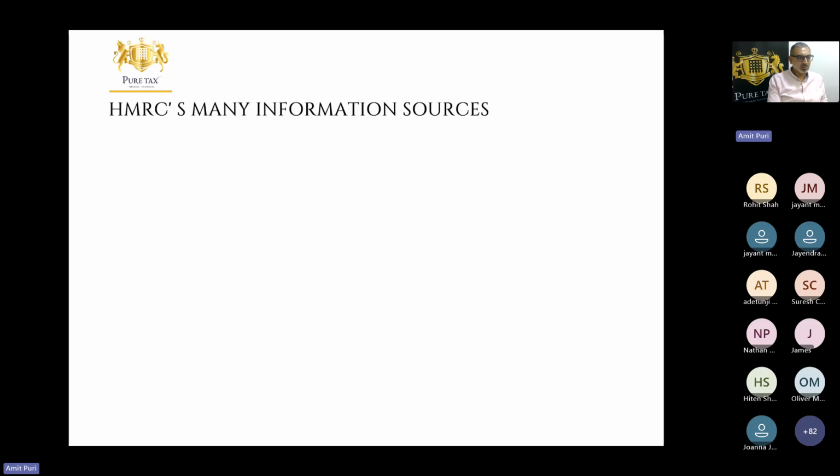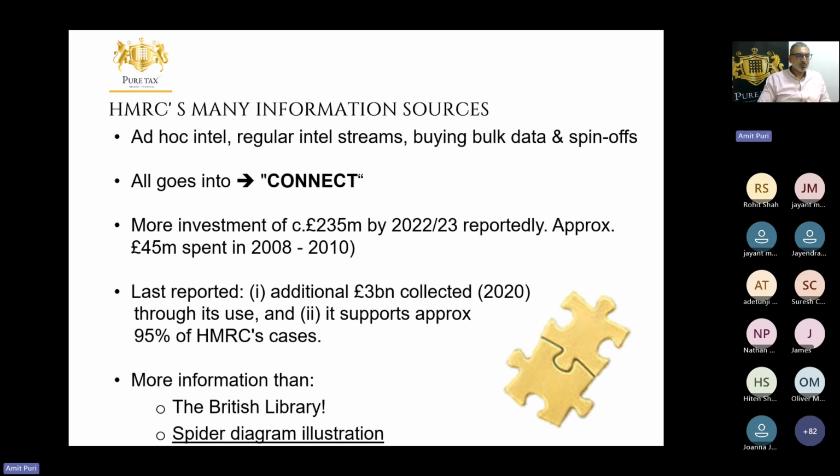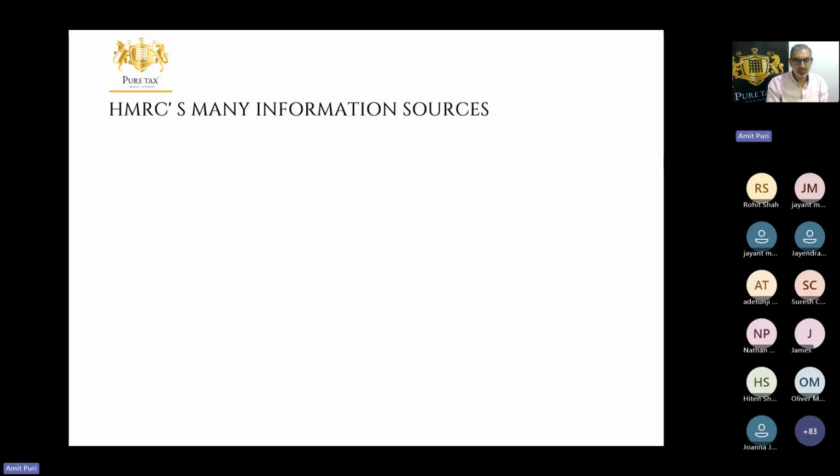What I didn't do though is explain, when I mentioned a spider diagram, that if I put someone's name in there, for example, Ishan on my team, if I wanted to pull up a package about him, I'd put his name in, his date of birth, and or his address to make sure I got the right Ishan Patel. But within seconds, the screen will be full of all this information which is coming from these databases.